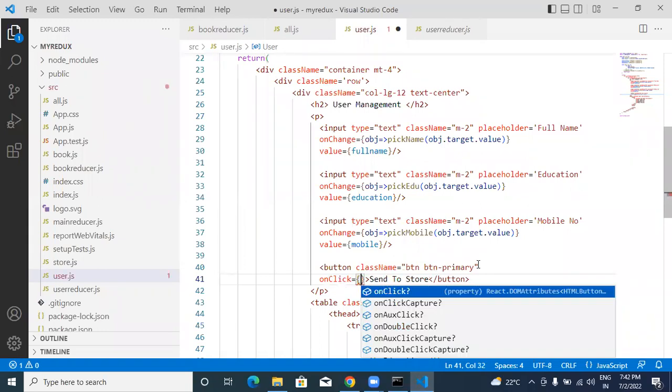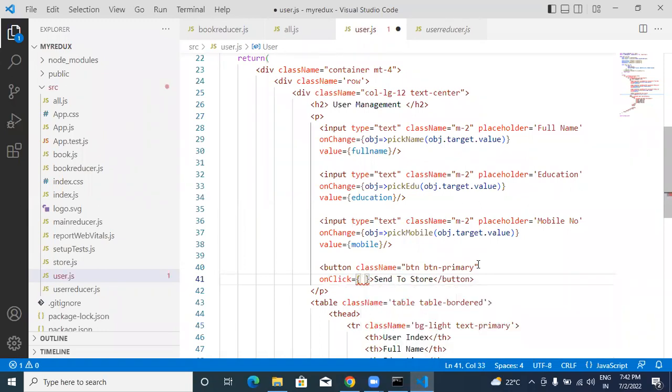On click, you will call here that dispatch. Under the dispatch, we need to call the save function. So once you click on send to store,